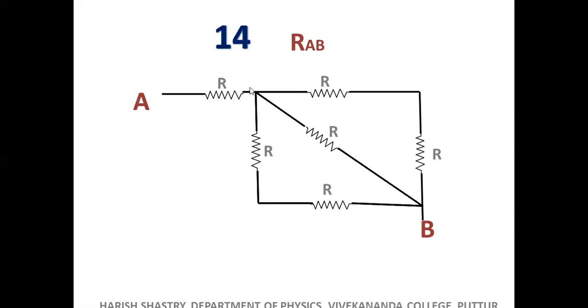The current which has branched here will never branch again till it reaches here. Here it will join with the other currents and will enter into B. So these two are in series. Here also you can take one more branch in series, because any branch current entering here will pass like this. So this is a branch where current is the same. These are in series. This is another branch where current is the same. These are in series. So shall we replace this and this in series as 2R and 2R?